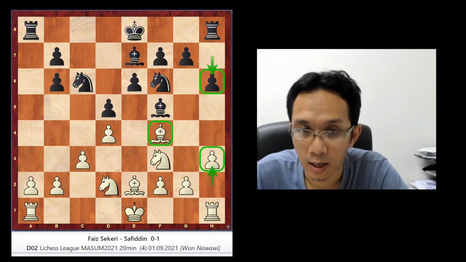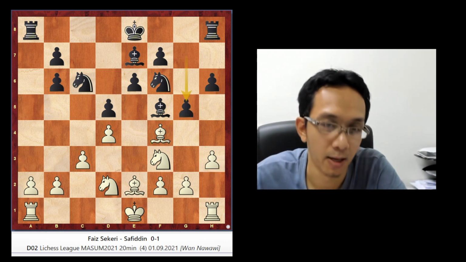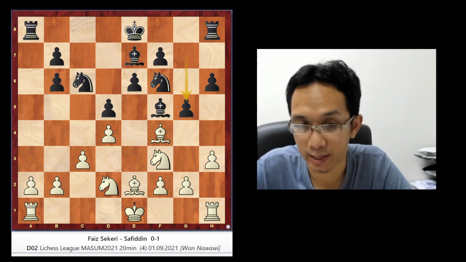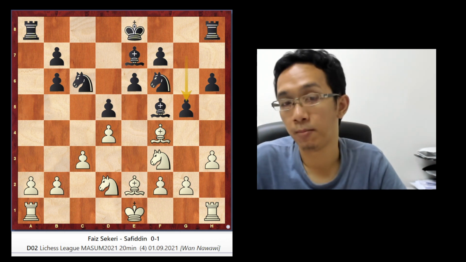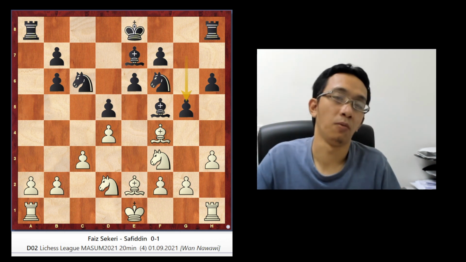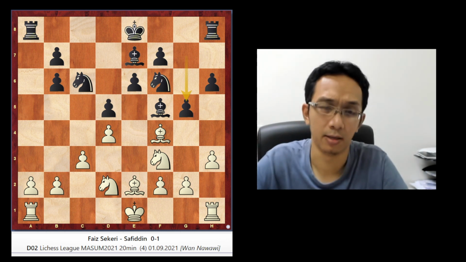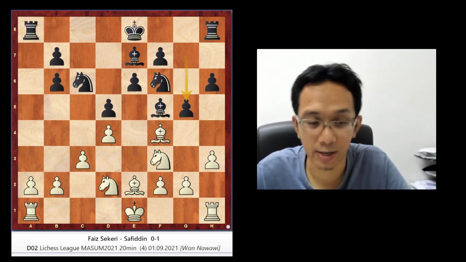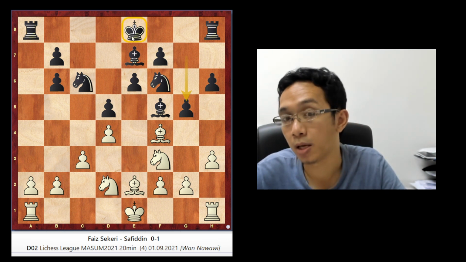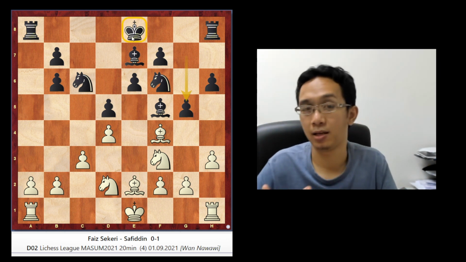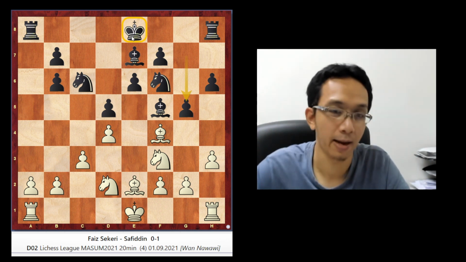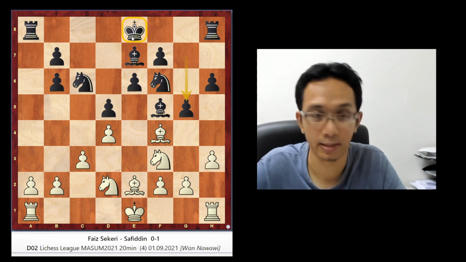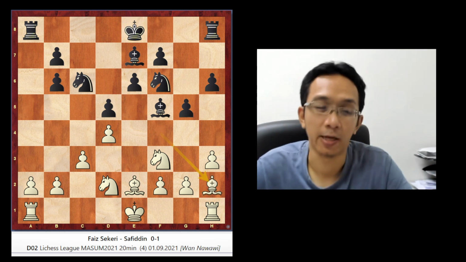Okay, so now black plays g5. It's quite a bold move, pushing this pawn. Here there is no queen already. When you have this position, this middlegame, if there is no queen on the board, then you can afford to play quite bold and daring moves, because the king here is quite safe. Most of the checkmate tactics in the middlegame happen because of the queen. The queen can go here and there, but there is no queen now, so it's okay, you can play this. And then bishop g2.